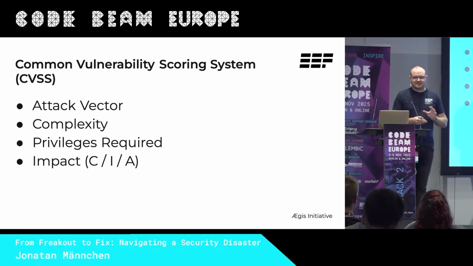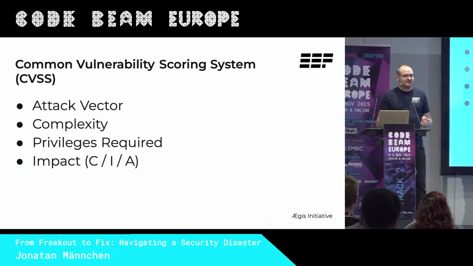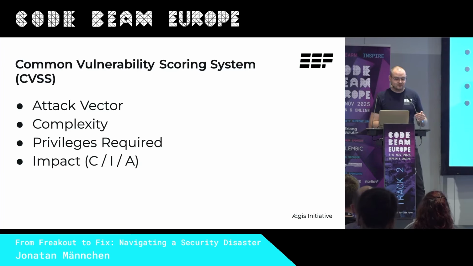But there's a bit of a catch. That number will very often feel misleading to you. You'll see a bug with a score of 9.8 that in practice doesn't really feel catastrophic to you. And that's not really a mistake, that's how that system works. The number is just a shorthand, but if you want to gauge the actual severity and how this applies to you, you're going to have to look at the breakdown behind the number.